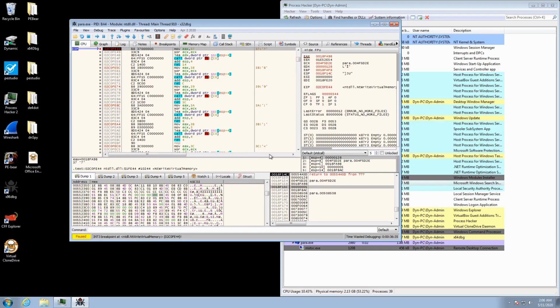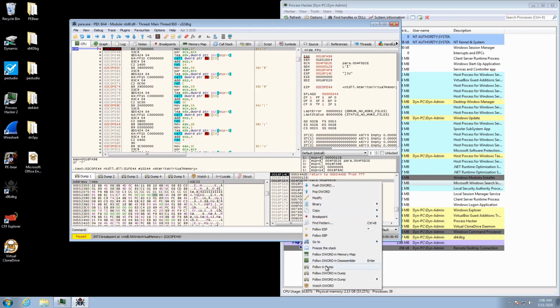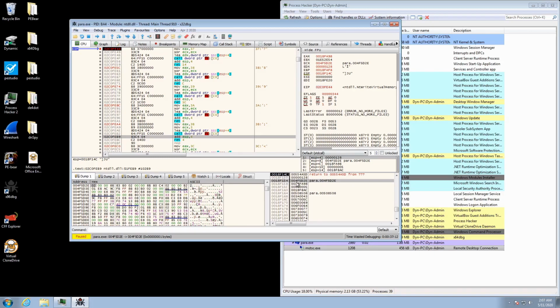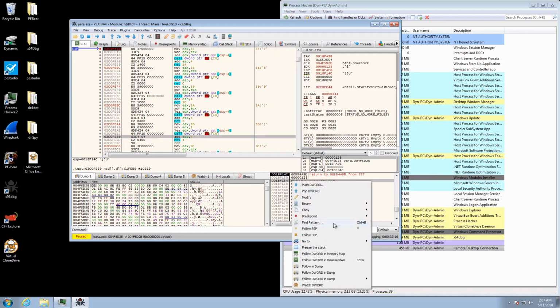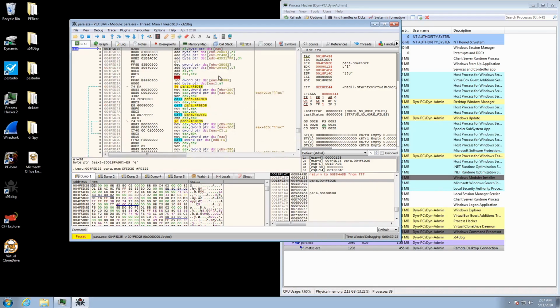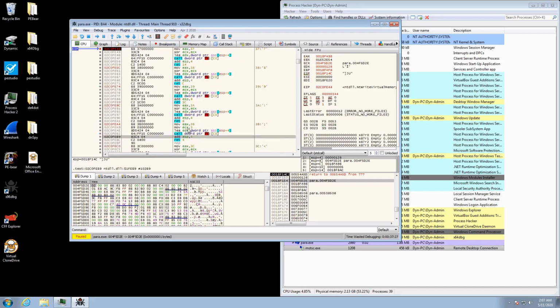This time it's now writing 5 bytes to the offset 4F5D2E, which is quite interesting because it looks like it's writing to its own process, as this is a valid memory address inside of the Parallax RAT process. So if we follow in disassembler, obviously you can see that there's no useful data here, but it could be